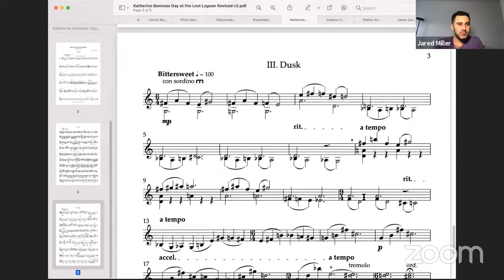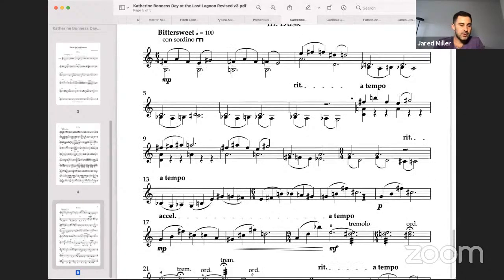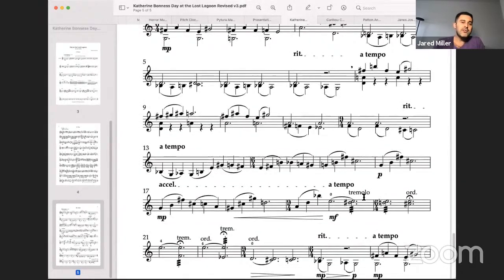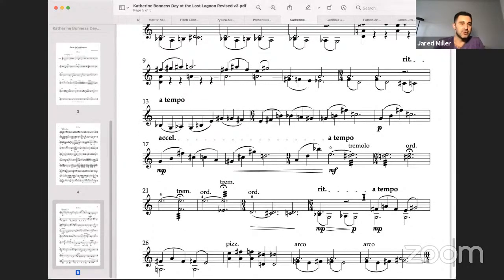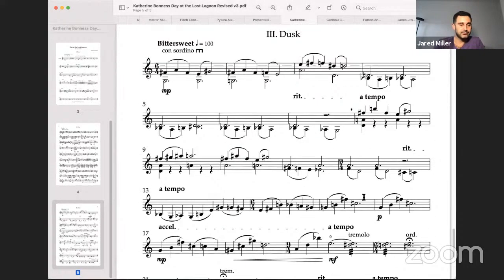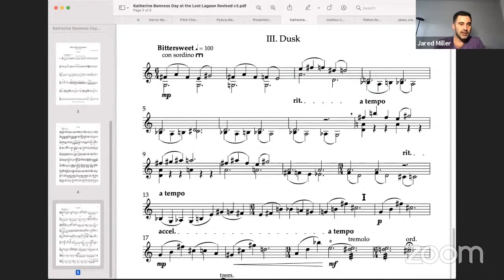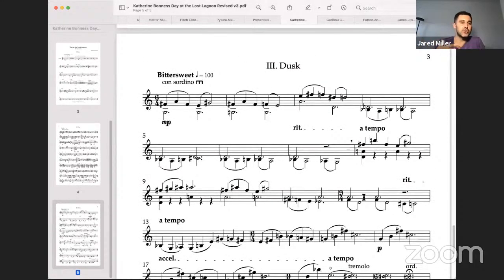And then this piece, Dusk, a lot of what I have to say in terms of rhythm applies to this one as well as it did to the first movement. I think that on one hand, it does have this very nice lullaby feel to it, in that you have this consistent rhythm, this consistent gesture. But that having been said,